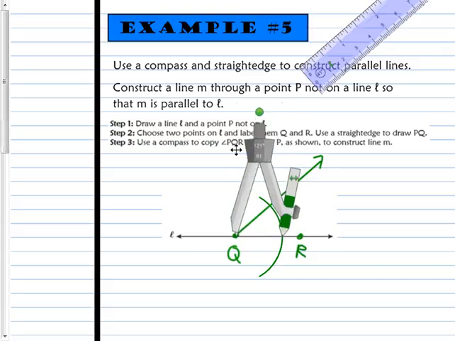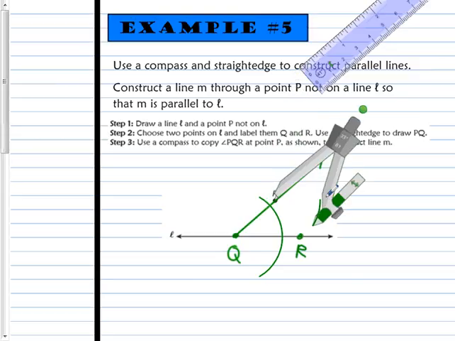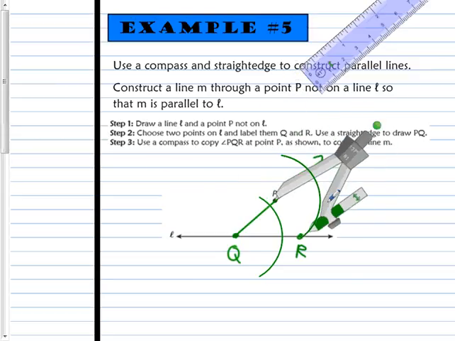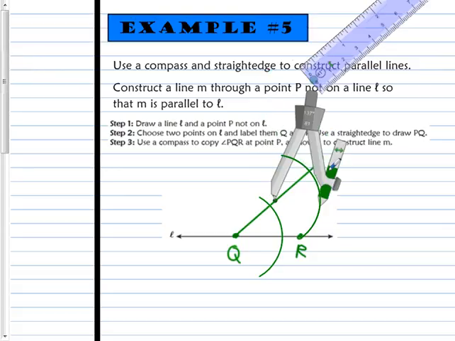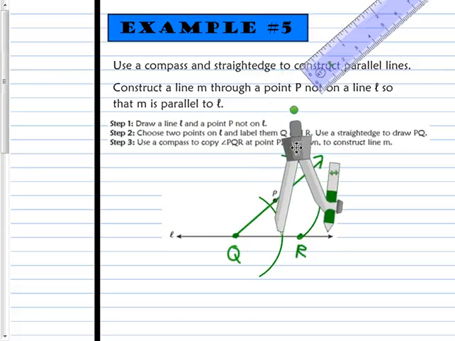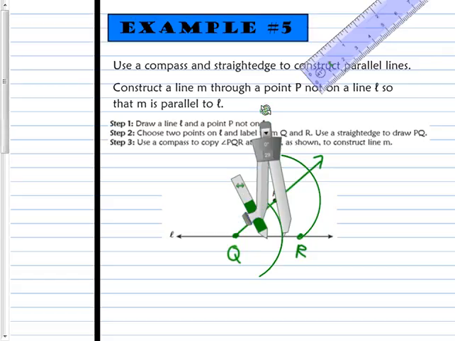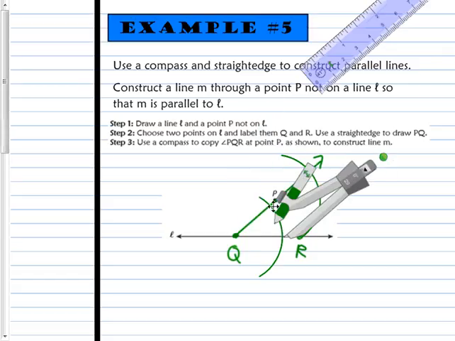Okay? And once you've done that, move your same compass up to P. Don't stretch it out. And draw again your nice long arc. And remember, I like to draw a nice long arc so I never have to worry about it again. Okay? Once you've done that, you have to move your compass down. And you have to measure how wide it is from the point